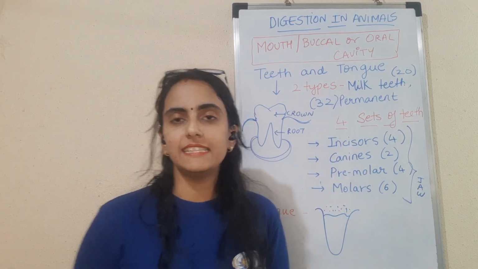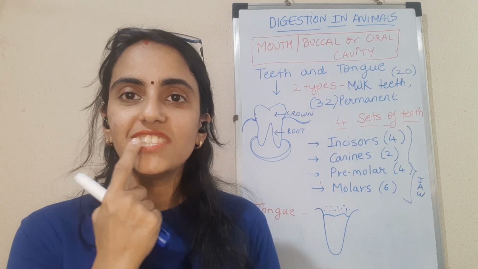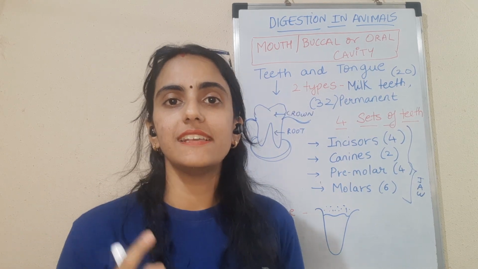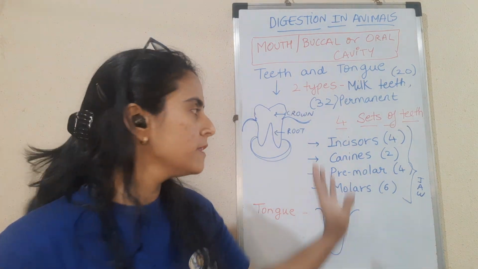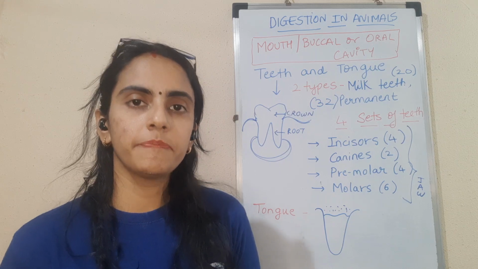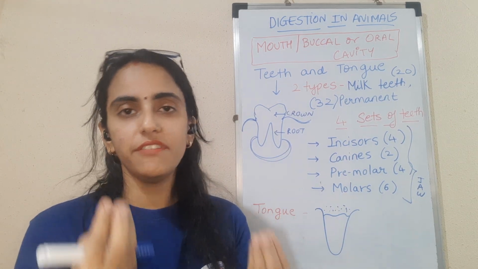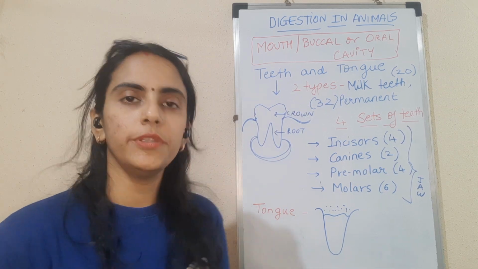Second one is canines. Now what are these canines? The canines are the corner teeth, which are the sharp teeth. Here you can see this corner tooth is called a canine. These canines are very sharp. Okay, so if they are sharp teeth, you can guess what they are used for. The sharp teeth are used for tearing any substance. Whenever we have to tear something, it is these canines which are going to help us.